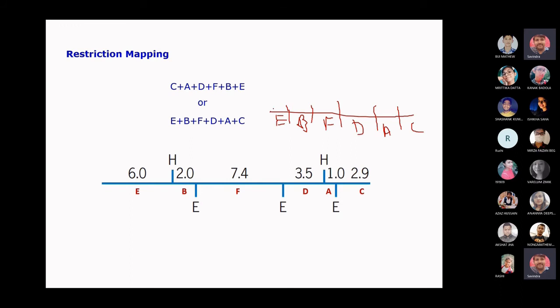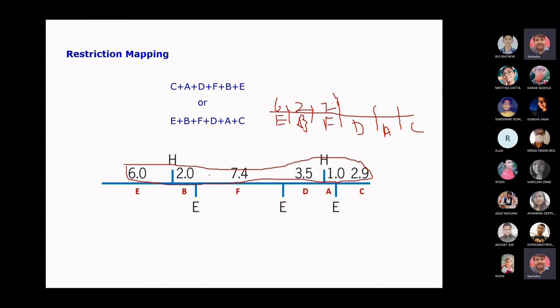Okay, then you will decode it. E stands for 6 kb, so you will write 6. B stands for 2 kb, you will write 2. F stands for 7.5, you will write 7.4. All the things will be decoded in this manner. Okay, and then